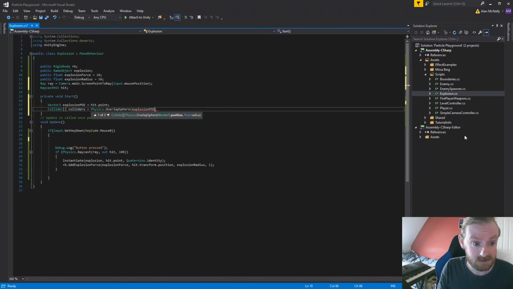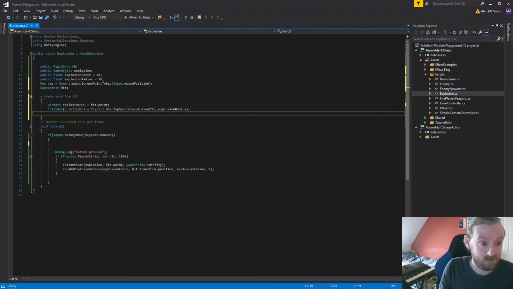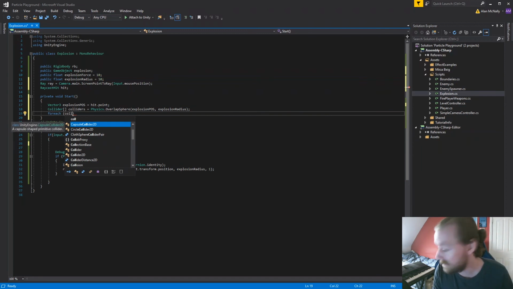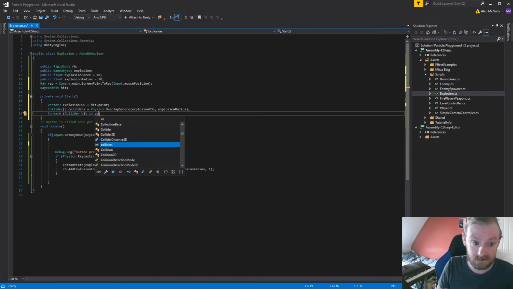Explosion pause, comma, what I have called explosion radius. That's what you have in the start, and then you have a for loop. So for each collider, not that one though. But I had it called colliders. No, it is actually that one. Jeez, I'm stupid. Can't read. For each collider hit in colliders,